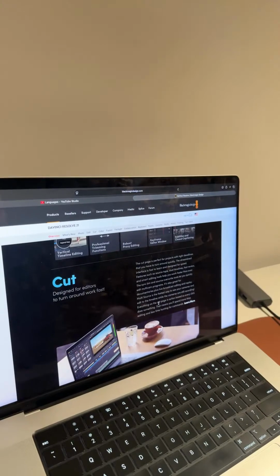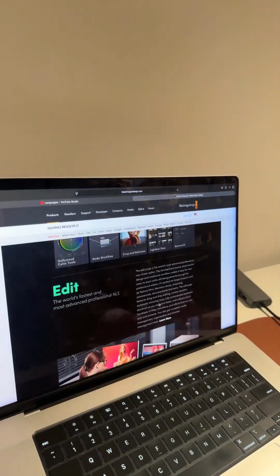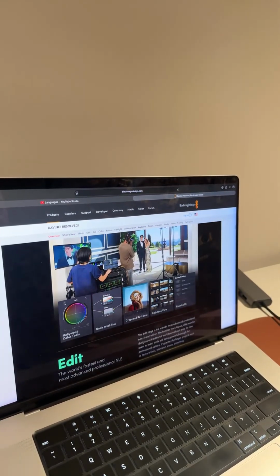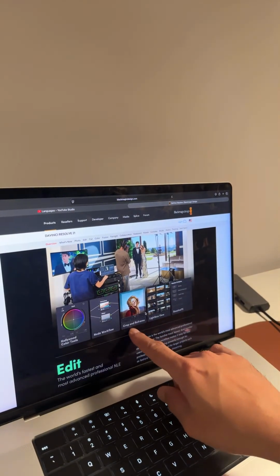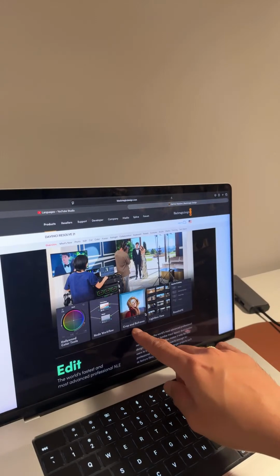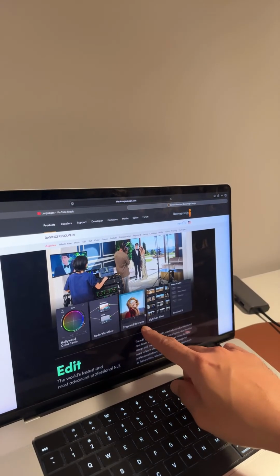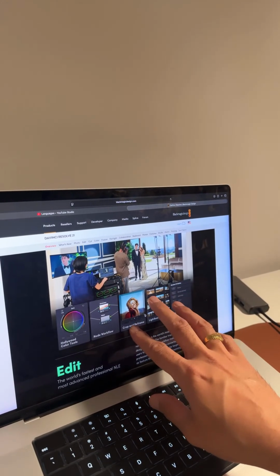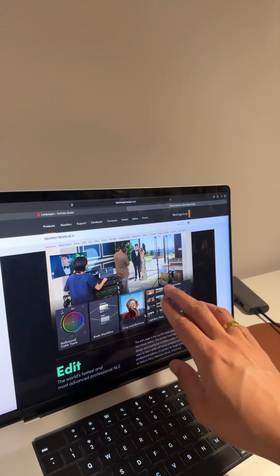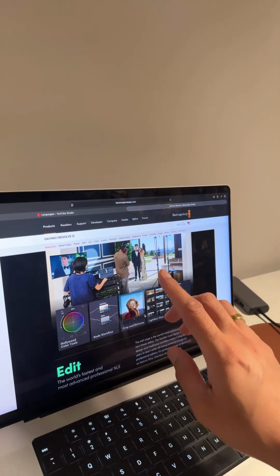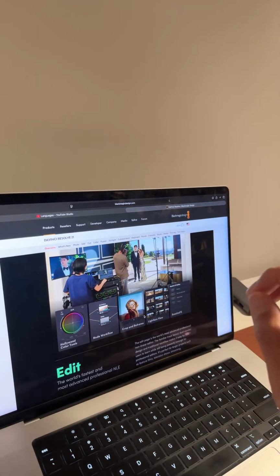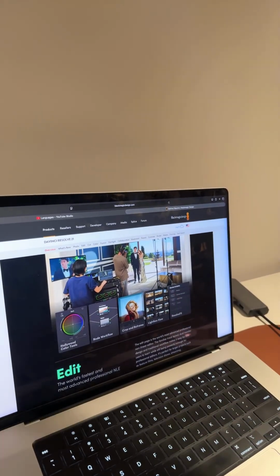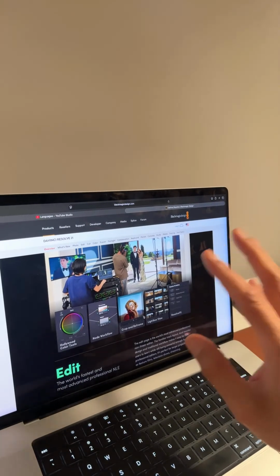So yeah, this was the photo tab, and it has all that color grading, and I have presets. Another thing I forgot to mention is crop and reframe. Even if you crop your image or reframe it, you will not lose your resolution. It's going to be the same as your original photo.